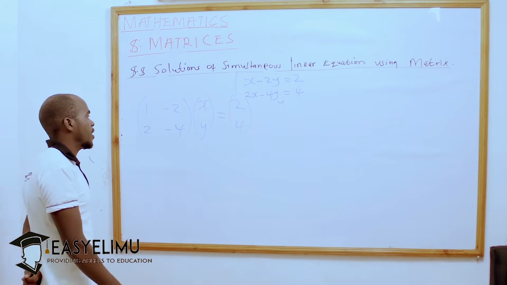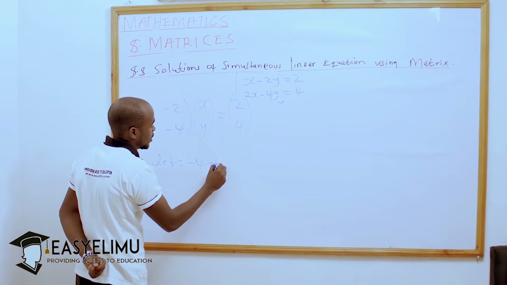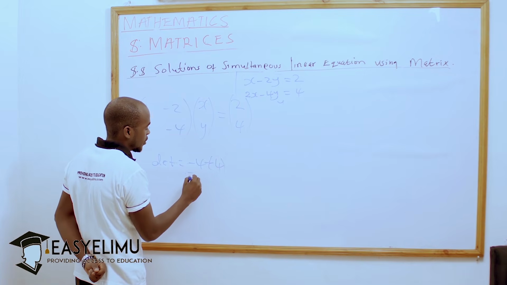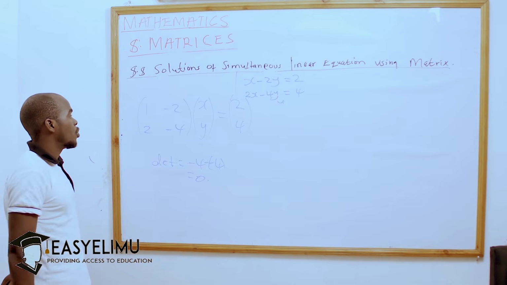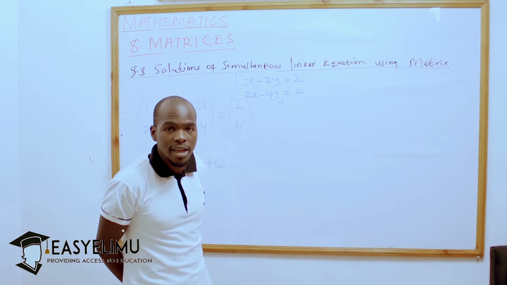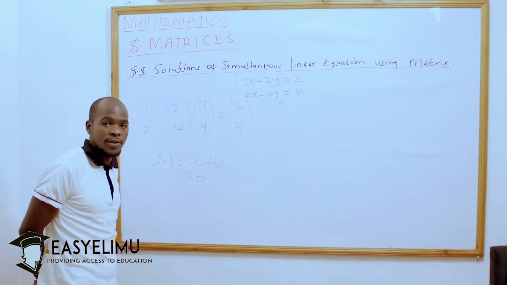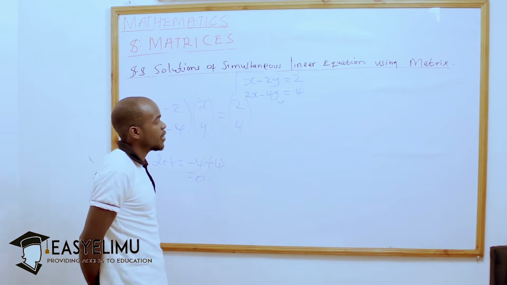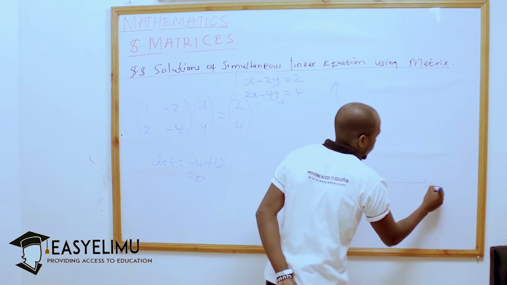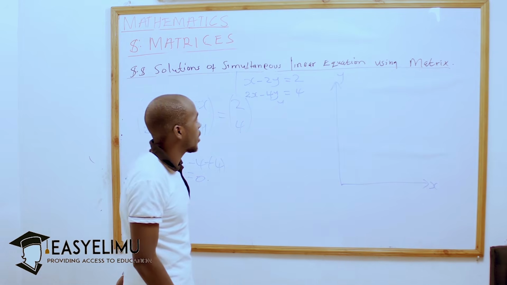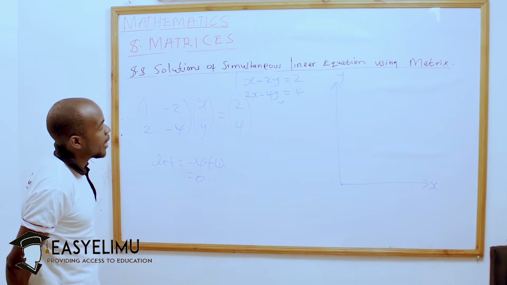If we work this out, we find that the determinant here is equal to negative 4 minus negative 4, which gives us 0. So, the same, we can't work out the inverse of that matrix of coefficients, and with that we can't find the solution to the two simultaneous equations. And if you draw a Cartesian plane, that is xy,